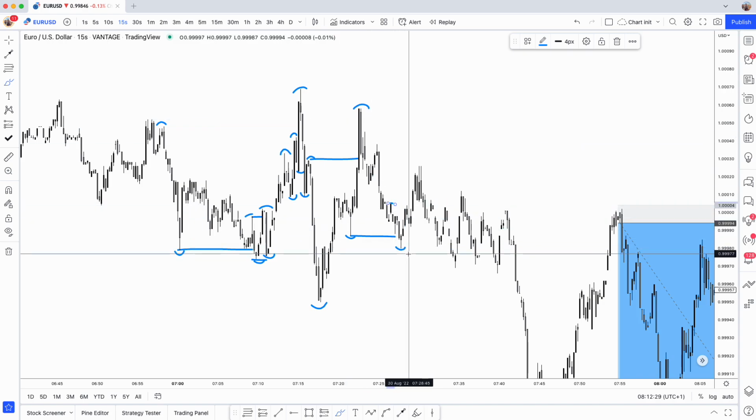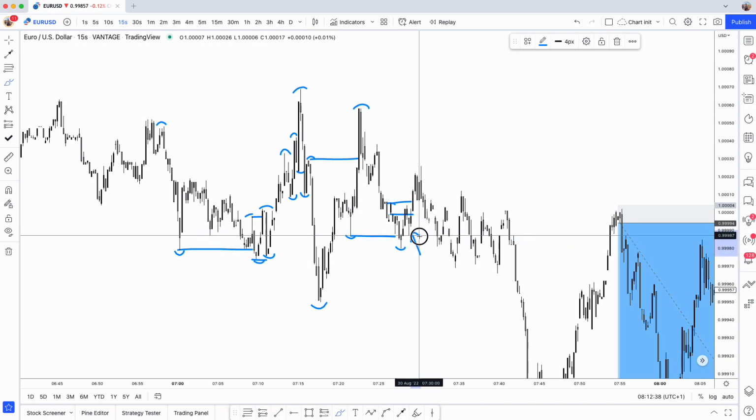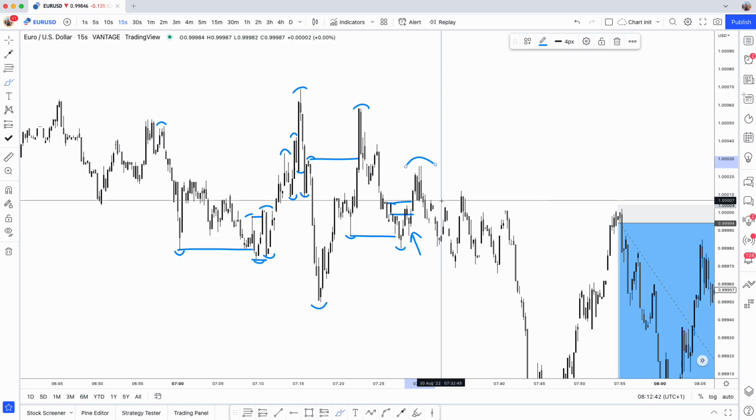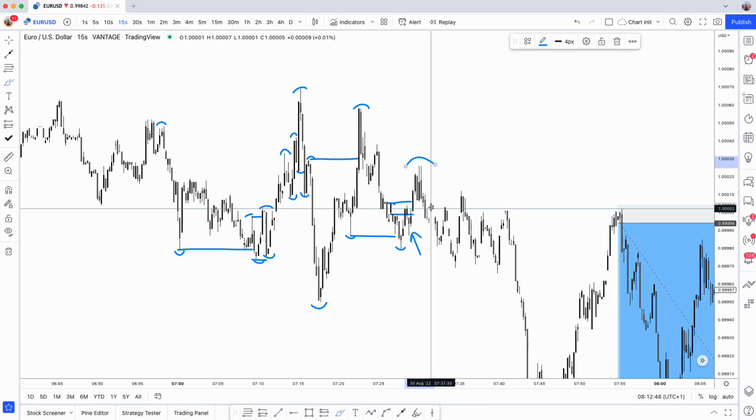Now this is a successful disruption, and that was a POI that I was looking to trade, but there was no 1 second disruption within that for me to even take the trade, and price went on to create a new high before anything could even come to fruition. So then this whole setup was completely invalidated, right?